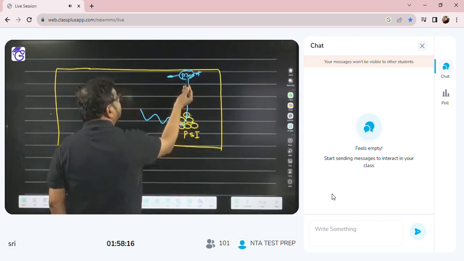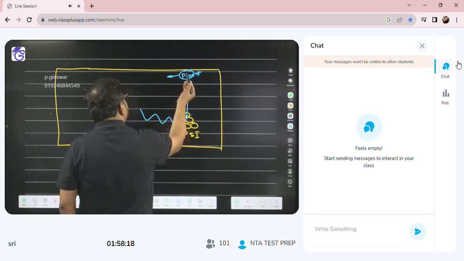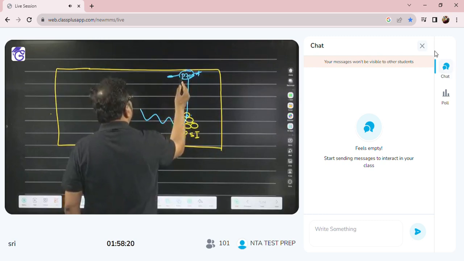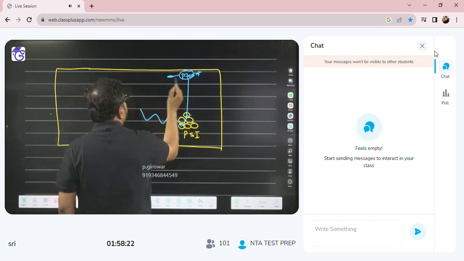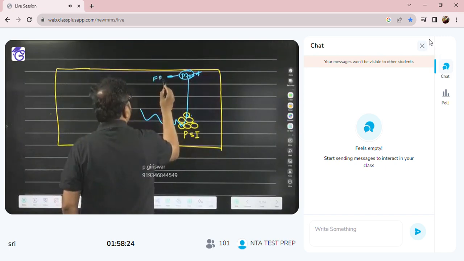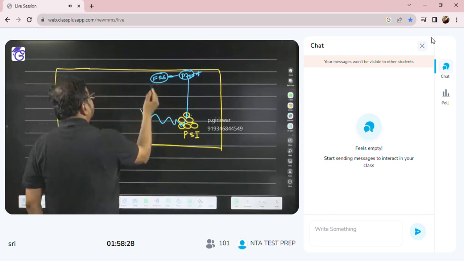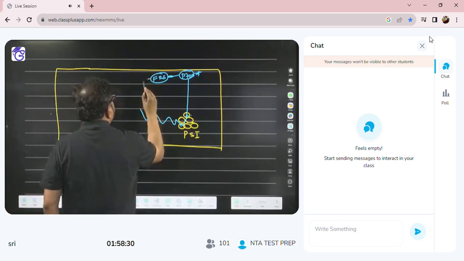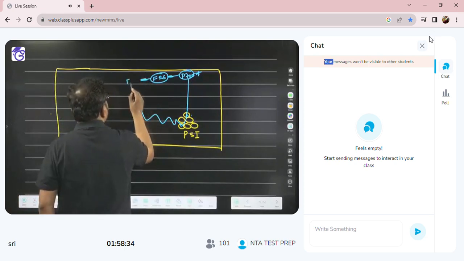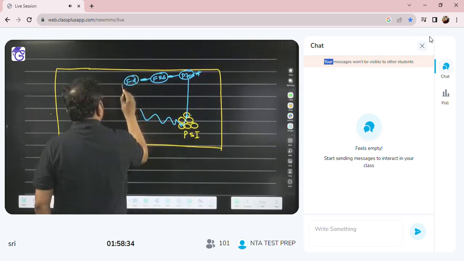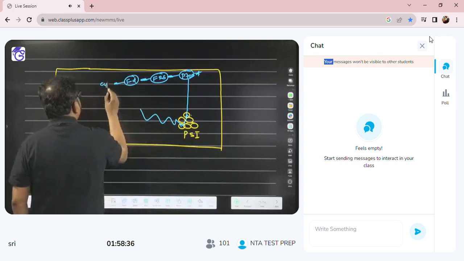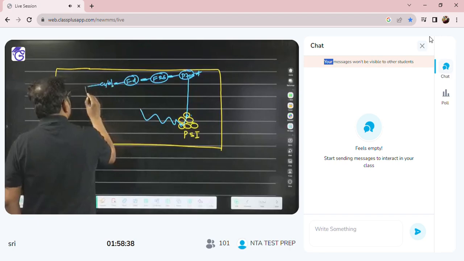Now the electron will move. As it came into the excited state, the redox potential decreases. Now the electron moves from lower to higher redox potential. So first it moves to FRS, ferredoxin reducing substance. You can also say iron-sulfur complex. Then it moves to which one? FD, ferredoxin. Then it moves to cytochrome b. Then it moves to PQ.